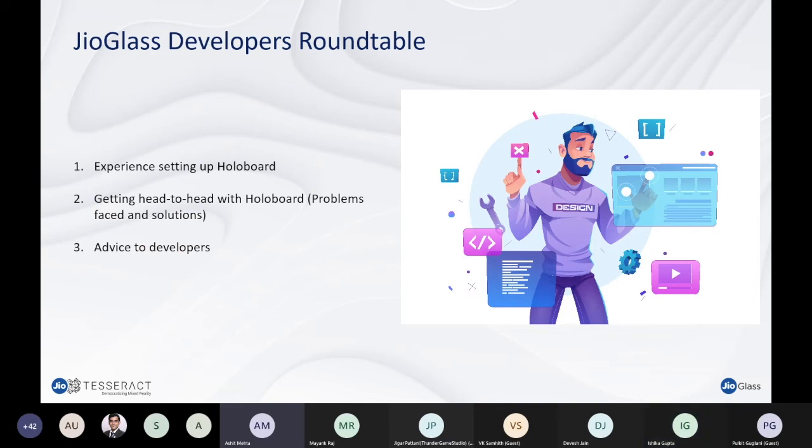And another thing is the global listener, that is very important because people will think that it is a controller issue, that the controller is not being read by the application. But the main thing is that we have to add a global listener in the script in each scene, so that the scripts can read what inputs you are trying to catch.